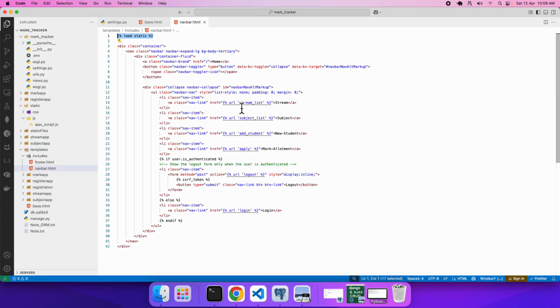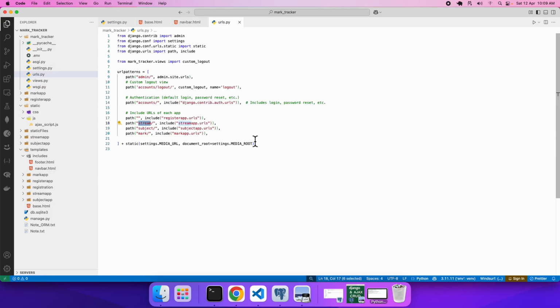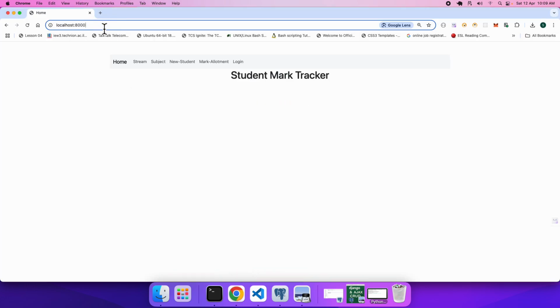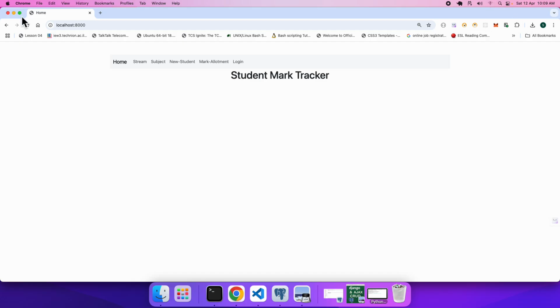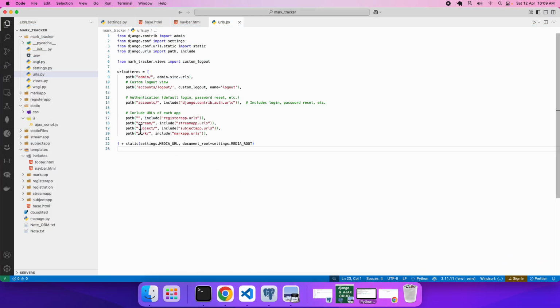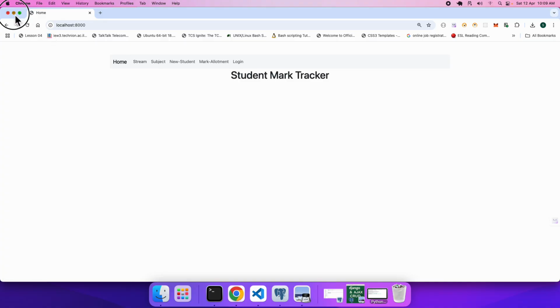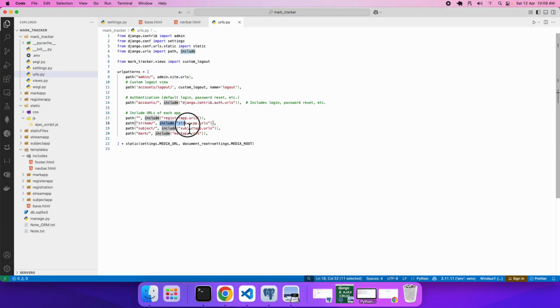So the first URL to explore is stream_list. So it means I have to open my project urls.py. Let me show you that. Here is the project urls.py, and today's focus is right at this particular path. Okay, by default you're already inside this. That's the reason you are able to see the page in front of us. So that is coming from this blank route. But now when the user will click on the stream, so when I will be clicking on the stream, the route that will come across is giving a call to the